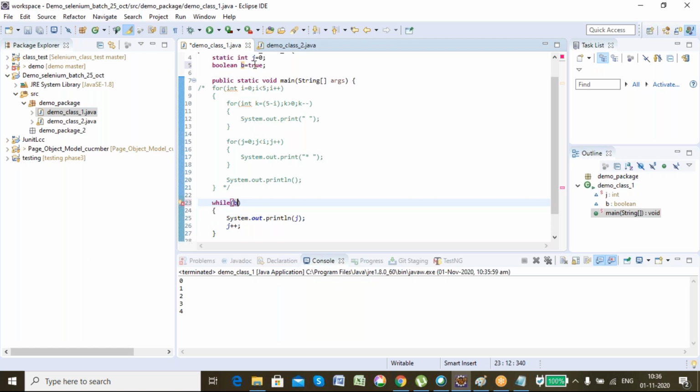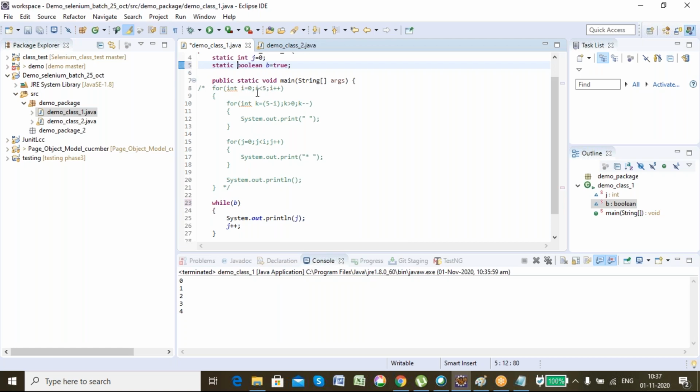Instead of the comparison, I can use the Boolean variable because it is ultimately true or false.